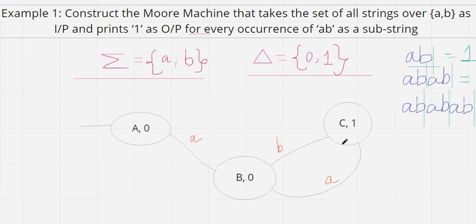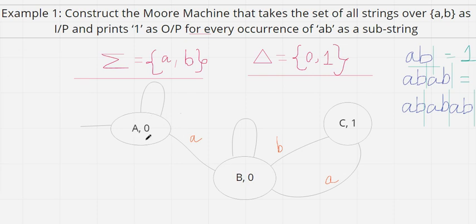But the Mealy machine is not yet completed because we have to check it for all the strings. We also have to check whether determinism is maintained or not. See, from state A only one transition is coming out, and that is for A. But what about B? I can take a self loop over here. There is no problem if I take a self loop. So I have taken two self loops over here. Why did I do it like this? Because I was not having any input transition for A, I was having an input transition for B.